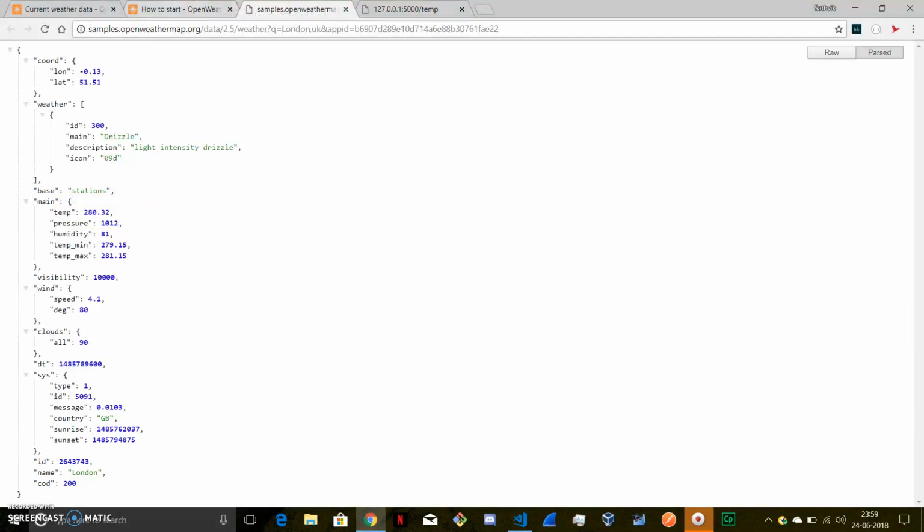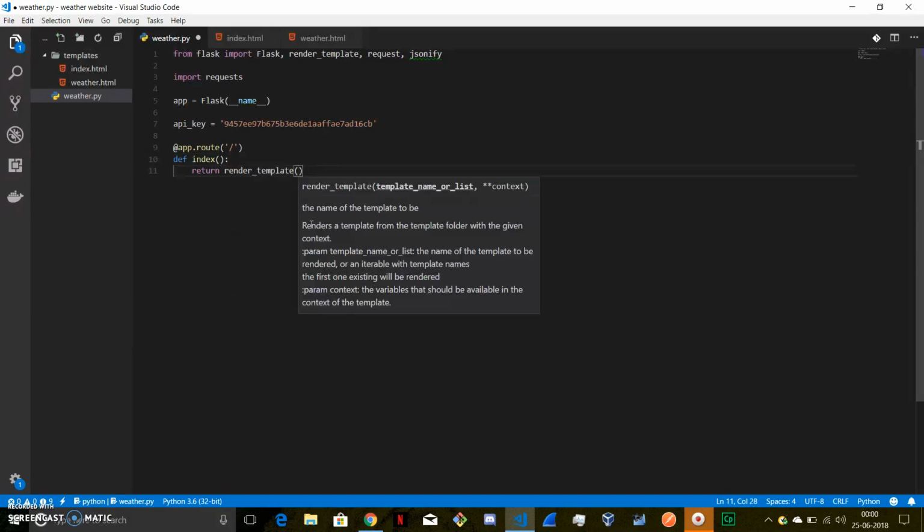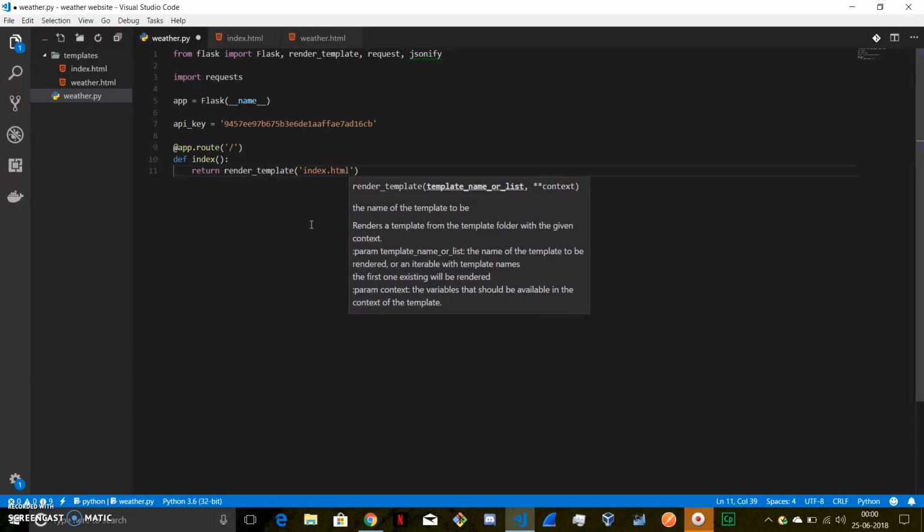Alright, so after you create an account in this website and you get the API key, save the API key in a variable over here. So the API key will be equal to whatever value you have copied. So after saving it, let's create a route. So at app.route, and let me name this index. I will be returning a template over here. So it's index.html,